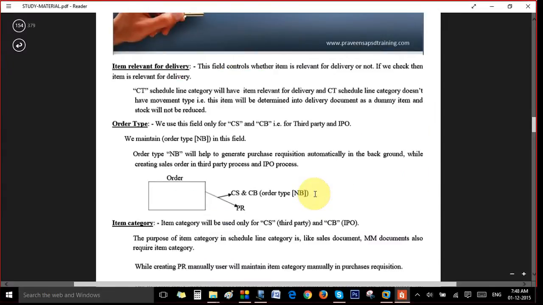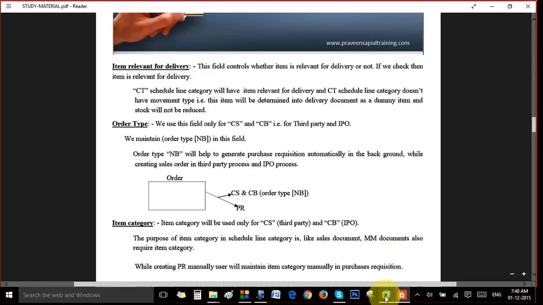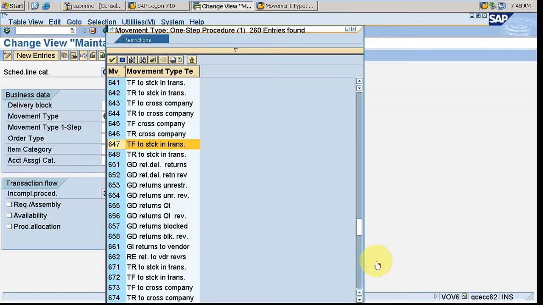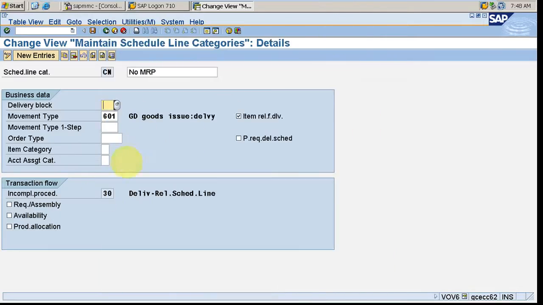So the next would be order type NB. We deal a lot in the third party and STO process. Now it looks like only this many fields, but in third party everything is controlled by these fields. Order type NB is used majorly in third party and IPO process, and you can see the item categories for them.